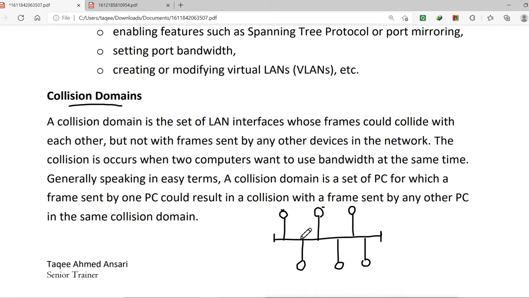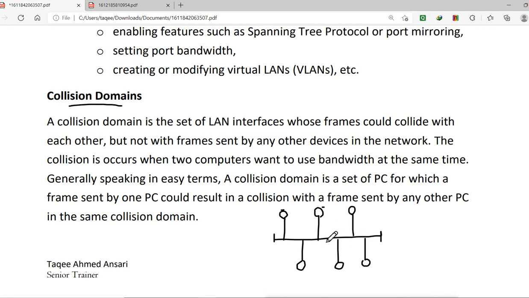The collision happens. The data will collide with each other and no one will get anything. And then what happens when the collision happens? They send a jam signal to everyone and everyone stops. They will not send any data. So when the collision happens, everyone is affected.